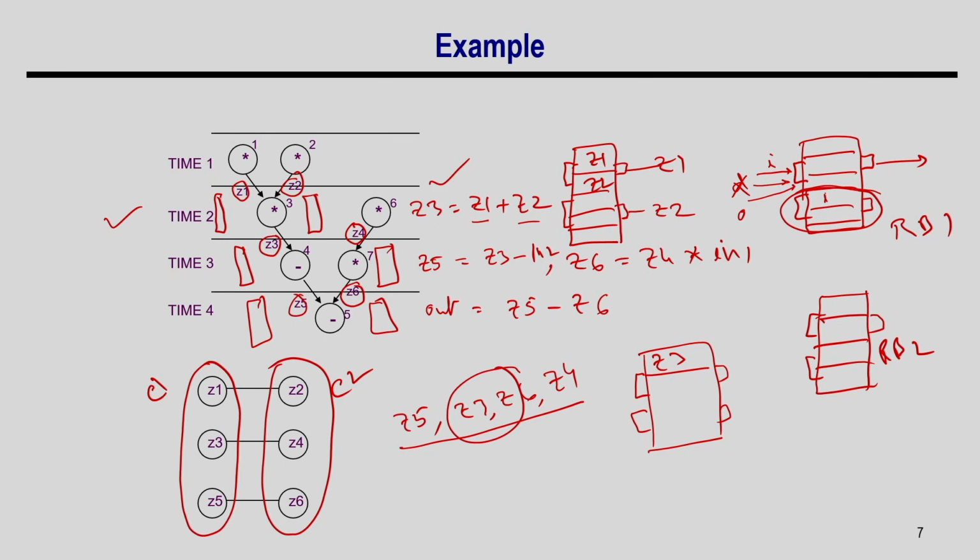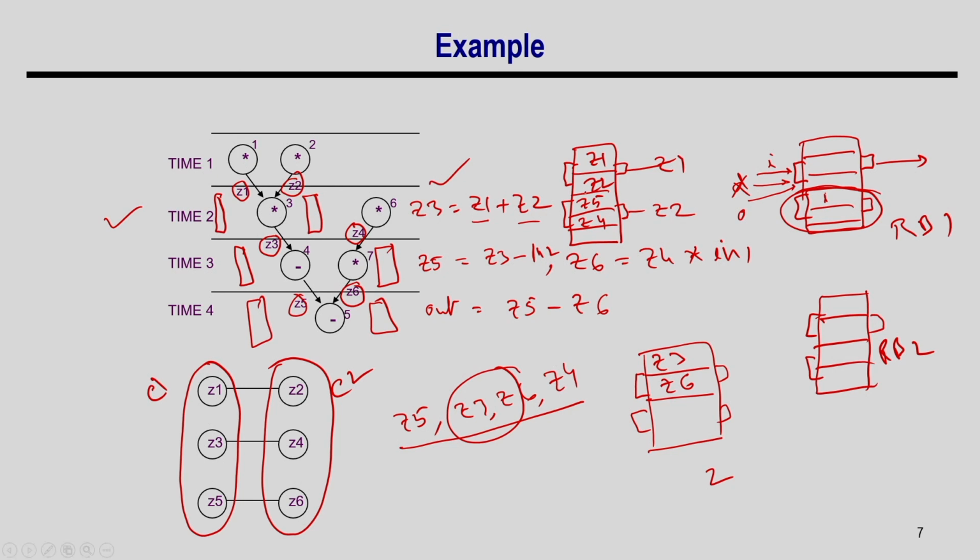say, here actually Z3 and Z4. So, Z3 is already here. I cannot just move it there, because Z3 has already been decided to be put here, and Z4 and, say, let us say I have decided to put Z6 here. Since Z3 and Z6 are already put into this memory bank 2, I cannot put Z5 or Z4 there, right, because in this time I have to access all 4 values, and only 2 ports are available. So, Z3 and Z6 here, and I can put Z5 and Z4 here, which is perfectly fine, because this bank stores Z1, Z2, Z5, Z4, but I am only accessing Z5 and Z4.